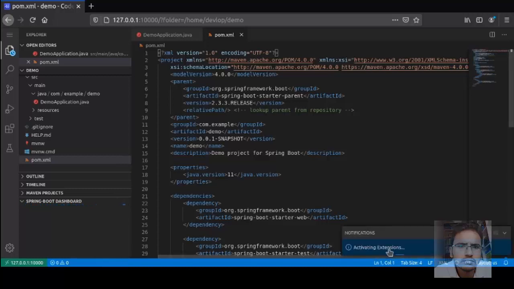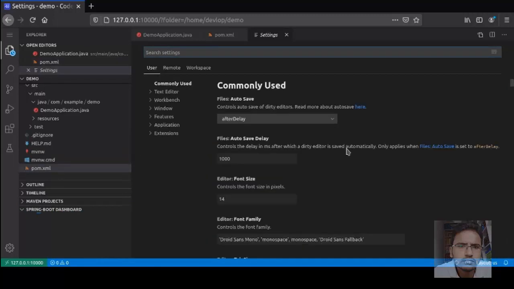It is activating the extension. Now open the settings with the help of Control and comma.